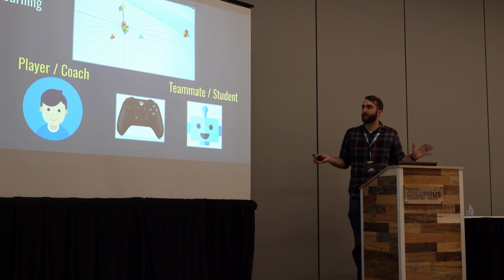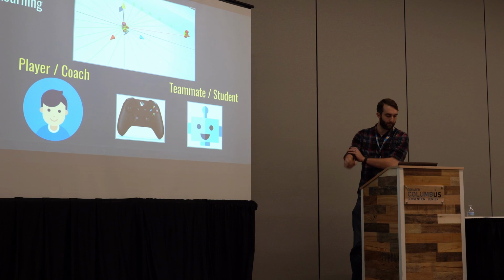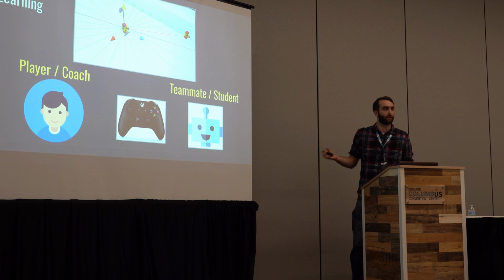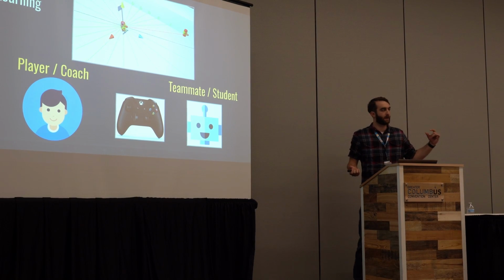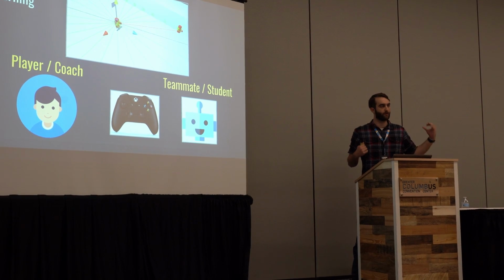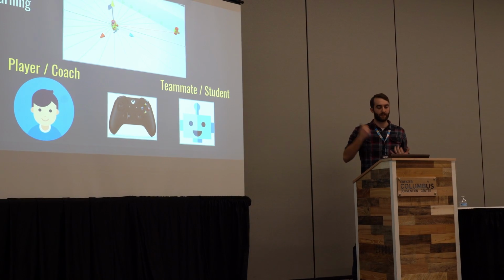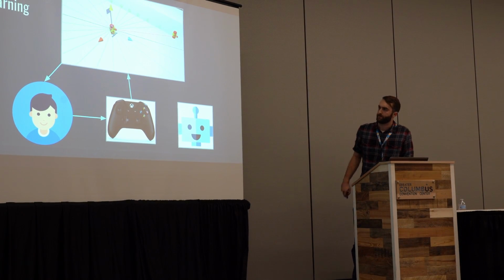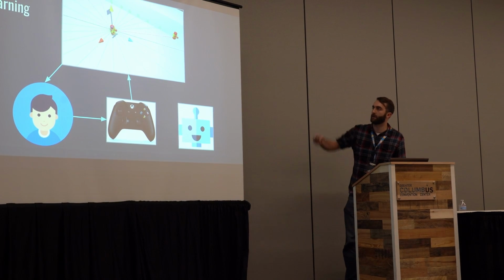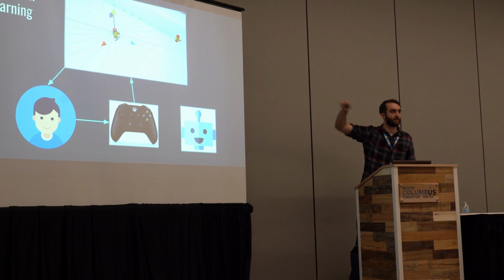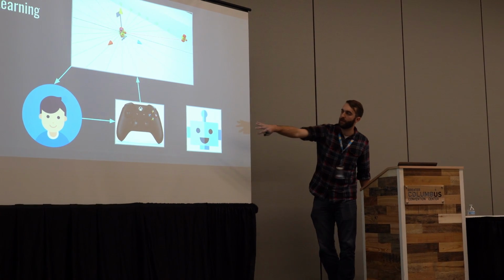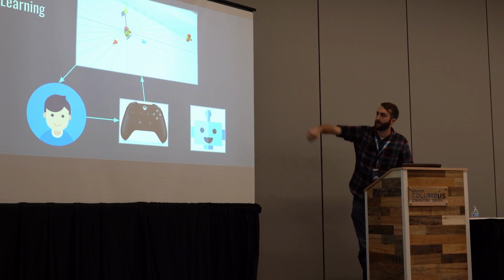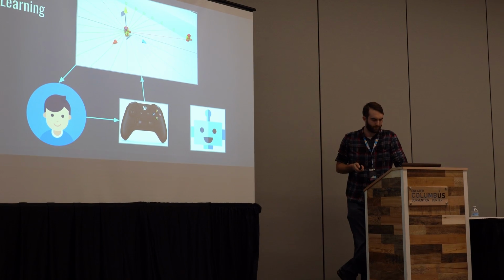So, imitation learning. This is the final algorithm I want to talk to you guys about. Basically with imitation learning, we're going to do the monkey see, monkey do type thing. One player, the actual human player, is going to be the coach to the robot. It's going to directly teach the robot how to play the game. So, how does a normal human play a game? Well, they look at the screen, they see some pixels, they make some decision in their head, then they push buttons on the controller, and that updates the state of the game. And then they go around that loop over and over as time goes on.